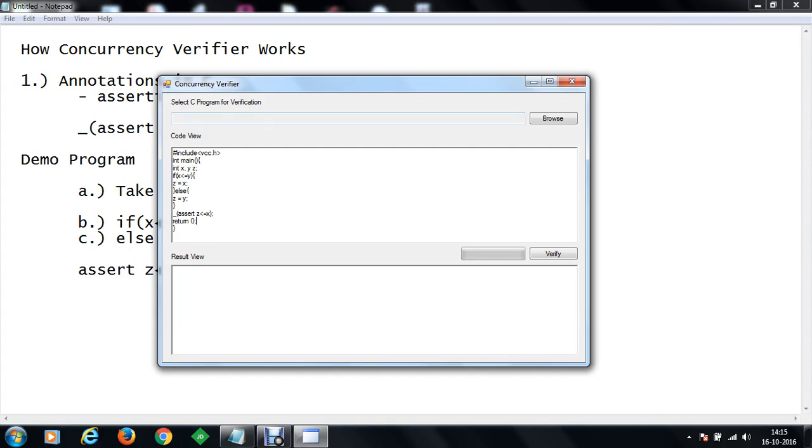Now we are going to verify this, and our concurrency verifier, when it verifies the function, will read the annotation and guarantee that this will definitely hold depending on whatever input is provided to x, y, z and whatever the concurrency threads execute. So let's verify the program.